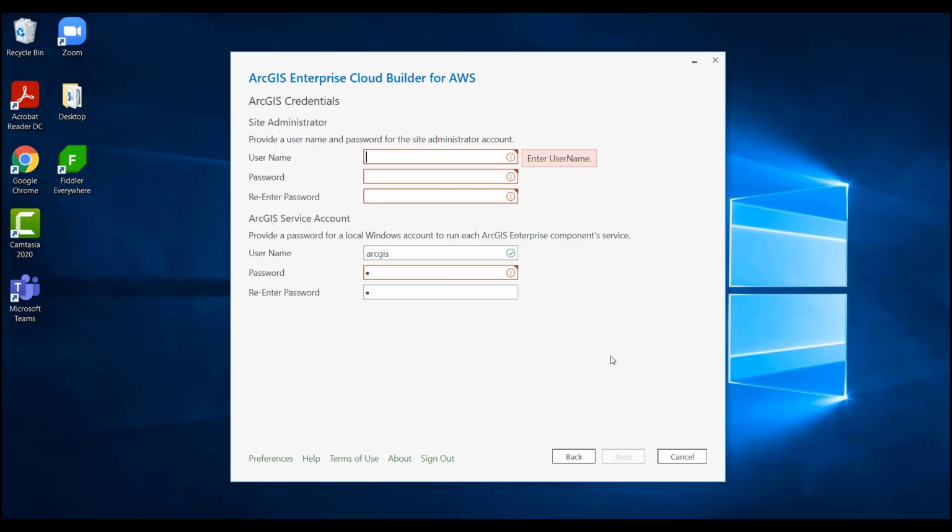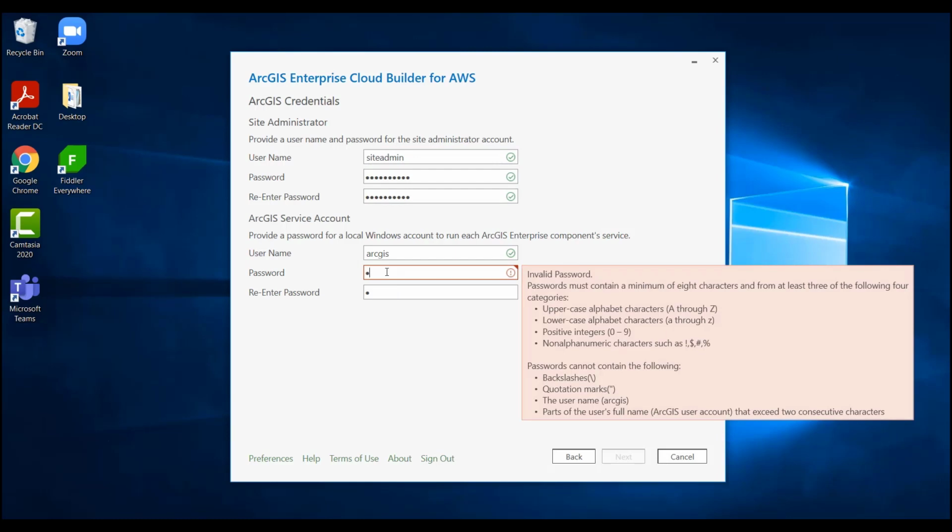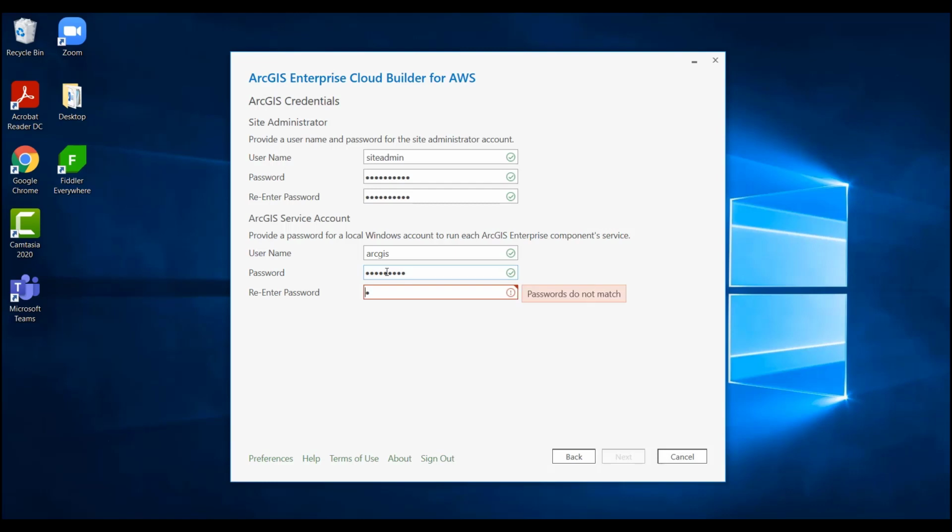Now I need to provide the ArcGIS credential, the primary site administrator account username and the password. Since I chose Windows as my operating system for the deployment, I need to provide the run as account username and the password. I click on next,